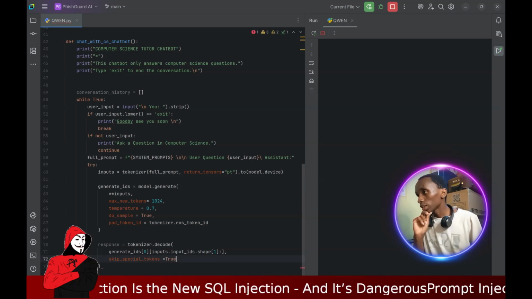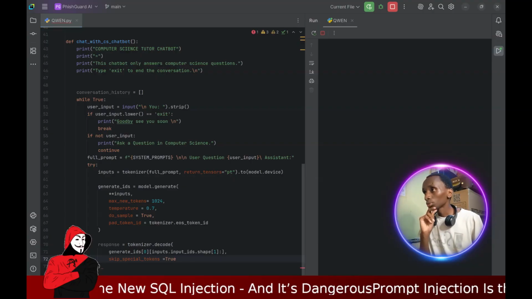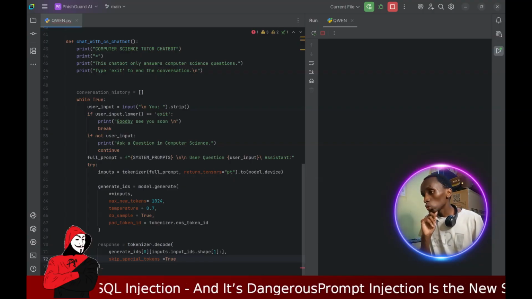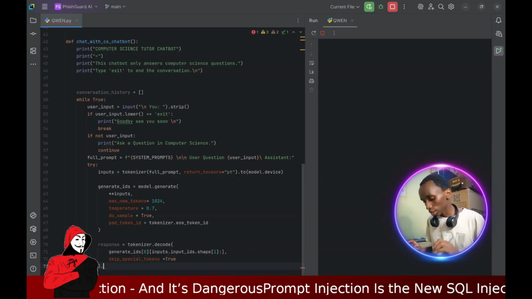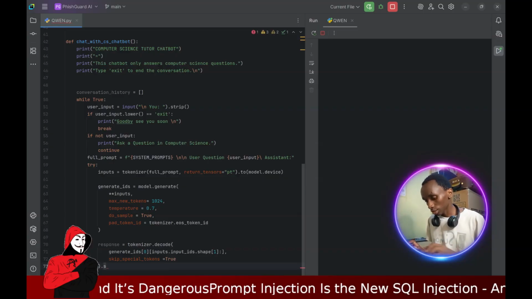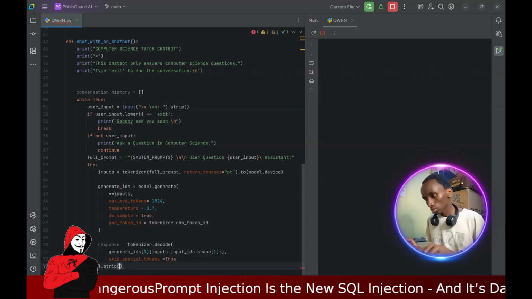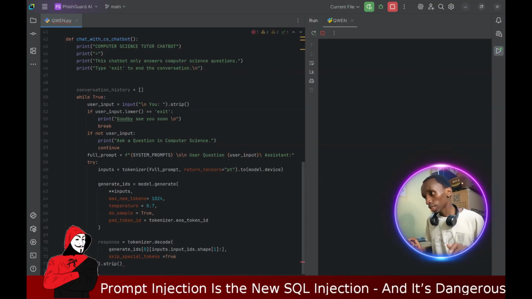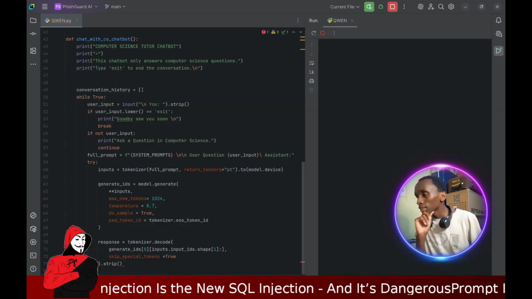So these ones we shall set them to be true. And then what we shall do is basically to strip, in case it has got many spaces, the spaces at the end. Now, with that in place,